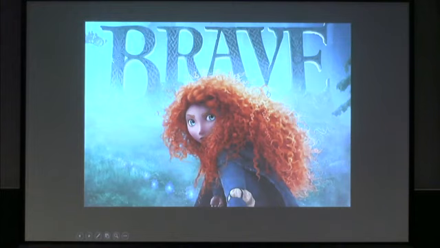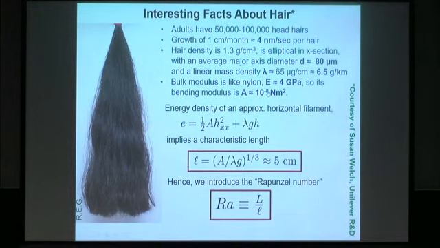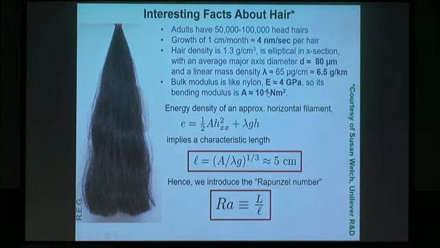But when we first started this problem, we were interested, as I said, in tangling, but really in trying to understand the physics of the familiar body and volume that you sense with hair, the fact that there's a kind of elasticity to a bundle of hair that you know and love. We all play with our hair and sense that springiness. And so we wanted to try to get into this problem, and we thought that if we could understand something as simple as the shape of a ponytail, that it would be an advance. We also thought it would win the Ig Nobel Prize, and it did.